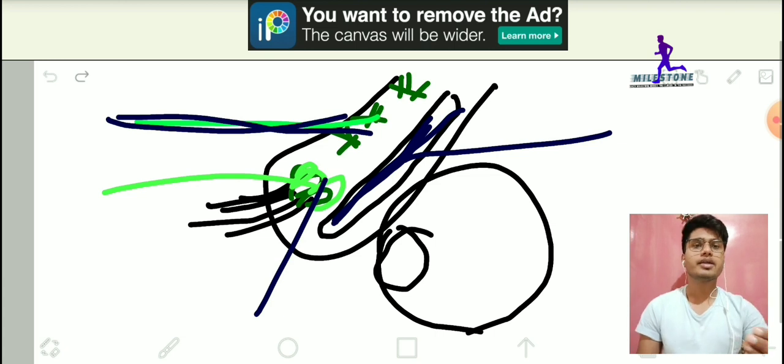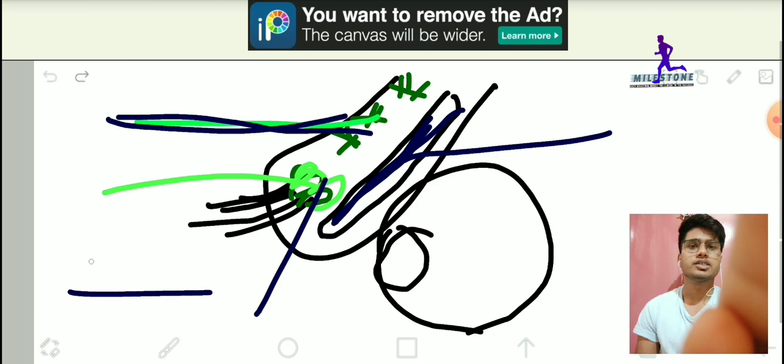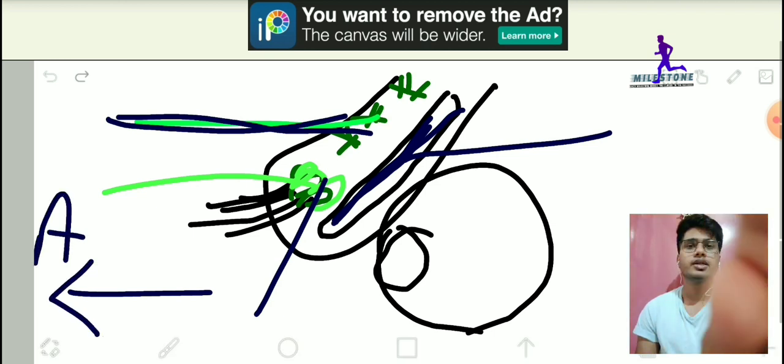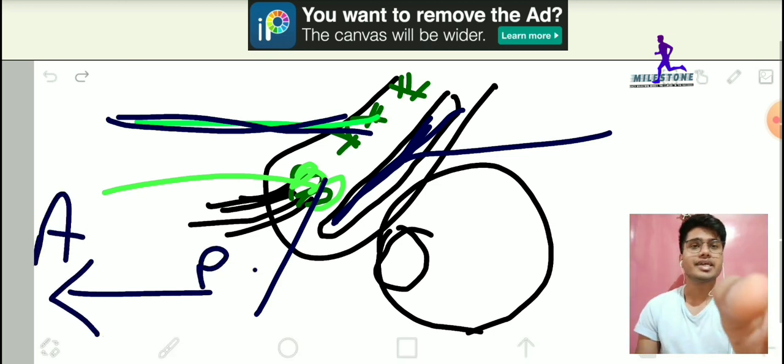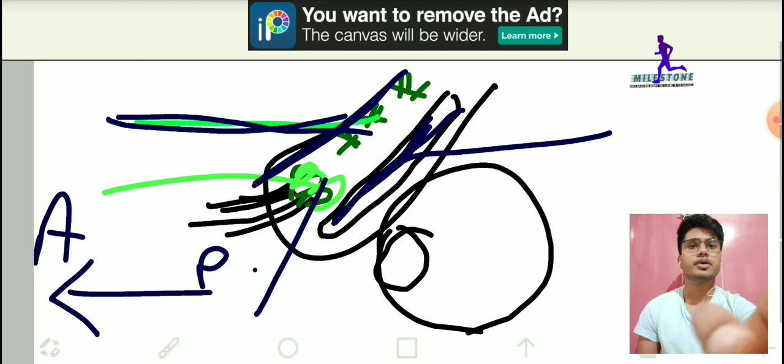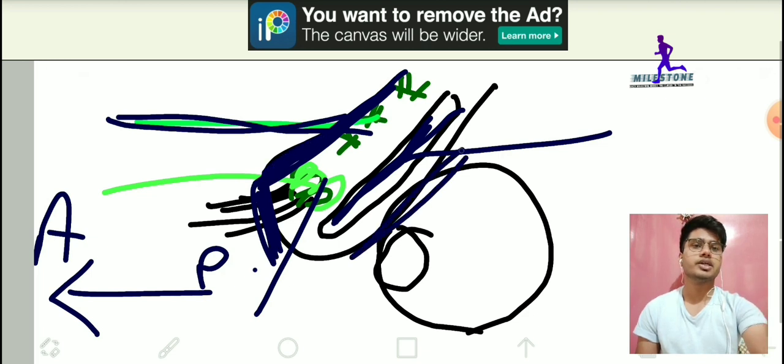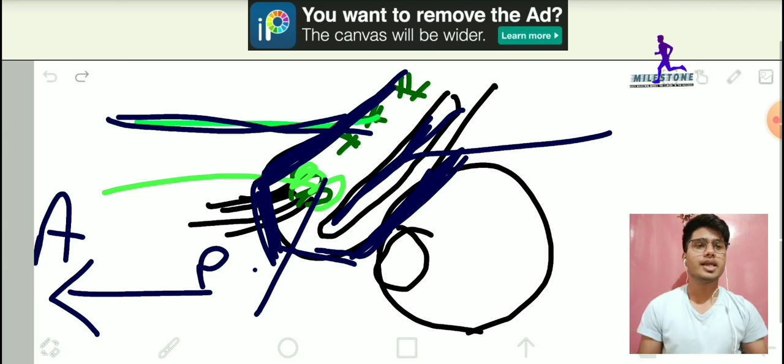Now if you look at this diagram, as you can see very clearly, this side is anterior and this side is posterior. So it is the external part of the eyelid, right? This all part is the external part, and this part is the internal part, inside. So the glands of Zeis are more external, and hordeolum refers to the eyelid. So that's why it is called external hordeolum.